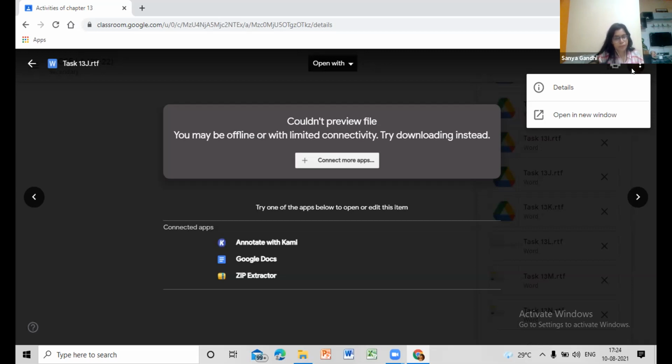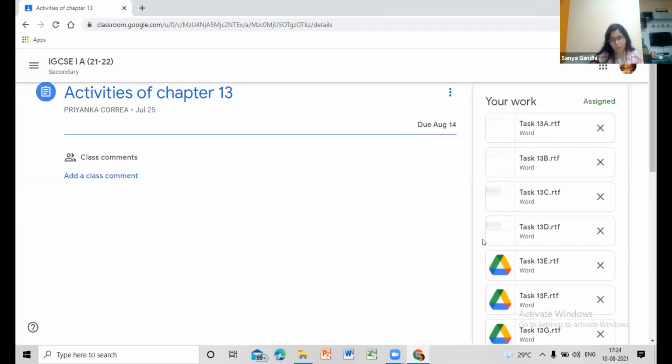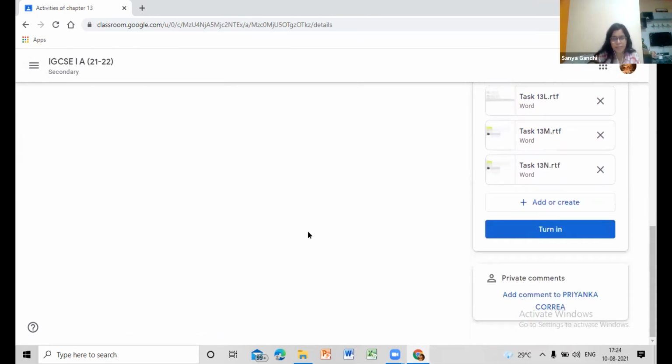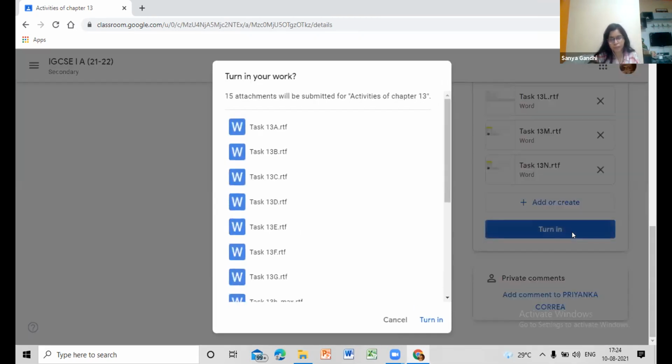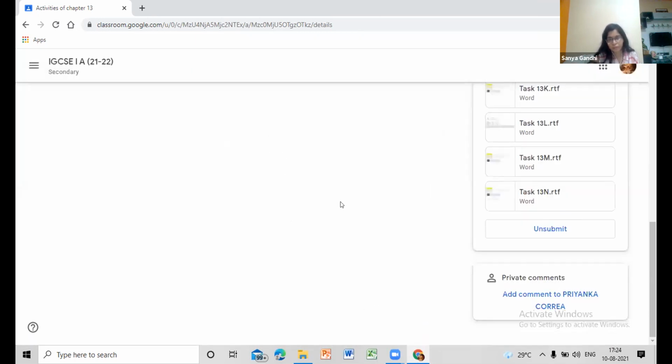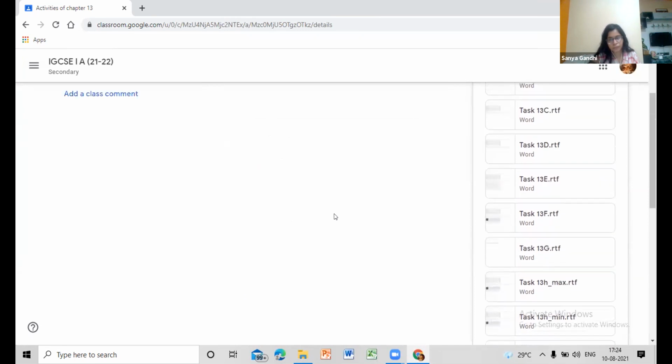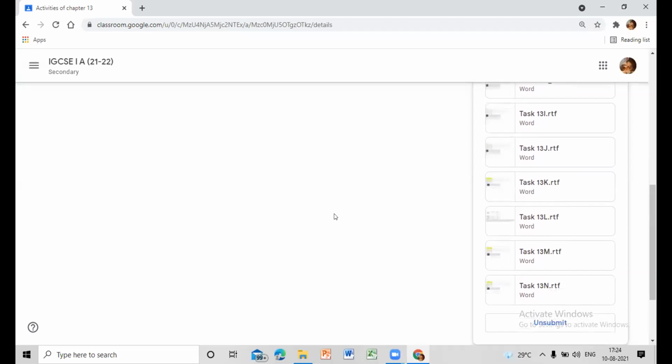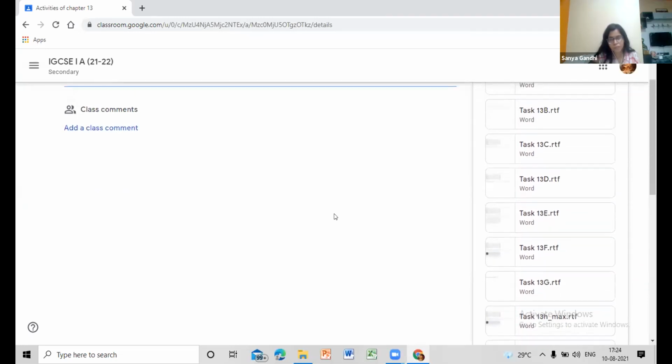That's all we require. You can just go back. We cannot control what's happening in here because your teacher told you to submit in the Word file only. Now you can submit this, but that's how you upload files. It's .rtf only. Yes, it's absolutely correct. It's .rtf. Now all of it became like the others only. The Drive thing is gone.